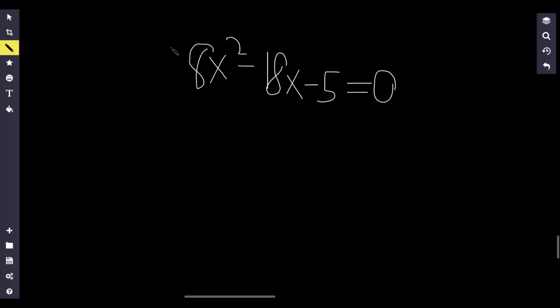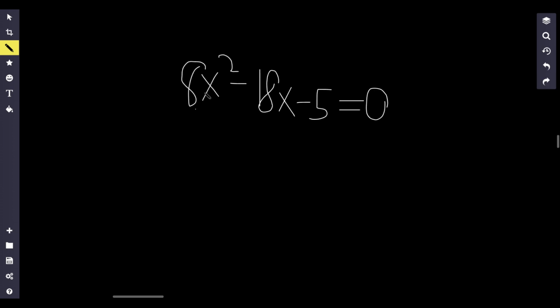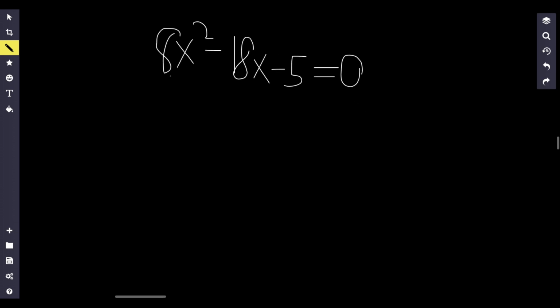Now let's say we're trying to solve this equation, how do we do this? Using factoring, okay? I don't want y'all to use the quadratic formula for this. I want you to do this by factoring. And there's a method called factoring by grouping. Basically, what you do is you take the coefficient of the x squared term and you multiply it by the constant. So 8 times -5 is